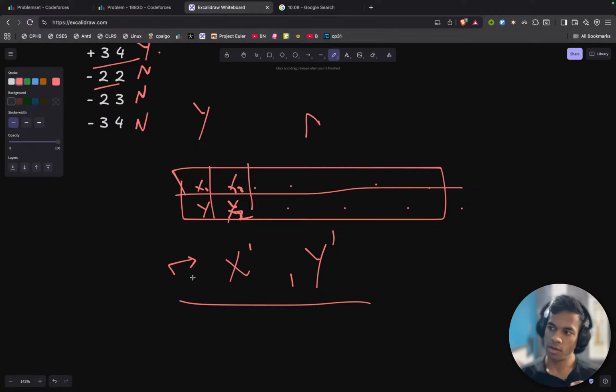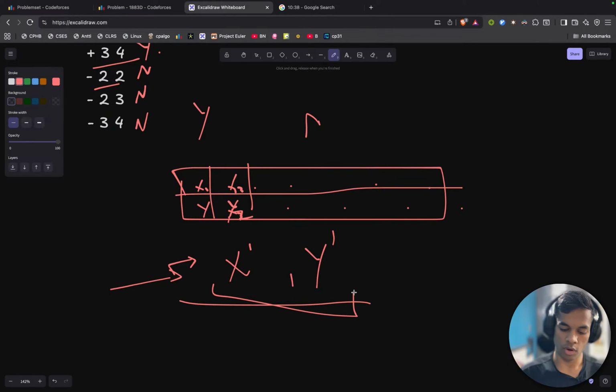What we want to figure out is how many segments are already in our multiset. If you pair up this current one with all of them, we will have non-intersecting